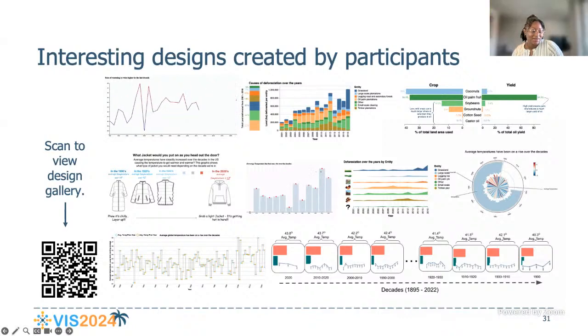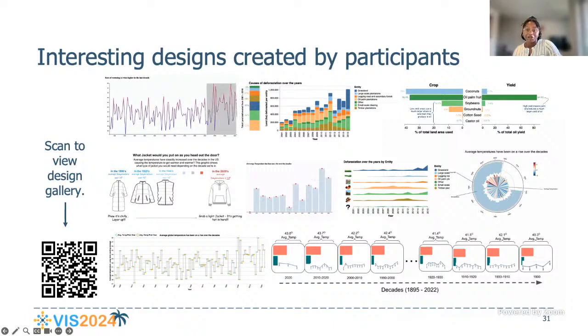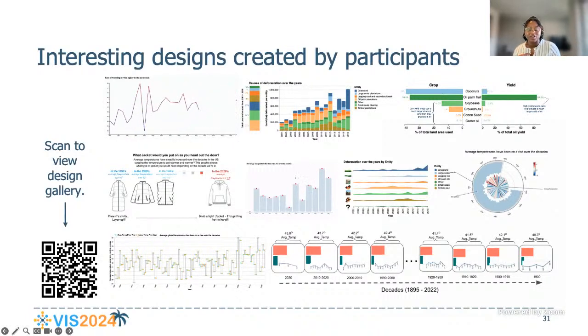So I think there's this tension of trying to show people as many designs as possible, what is possible with the data they're working with. But the challenge there then becomes there are all these other things that you also have to account for, right? It could be an interesting design, but it may not work with the data that they're working with. It could be an interesting design, but it may not necessarily be